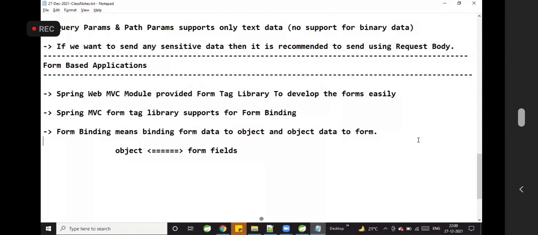Okay. So if we develop one single form, then we will understand how the form binding is happening. Can we develop one form now with the binding technique? Can we develop one simple login form now? Okay, cool. Let's try this.